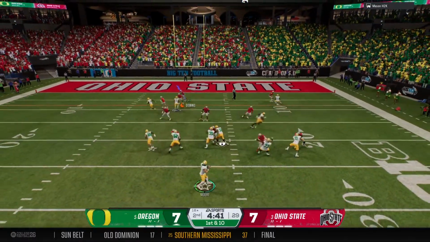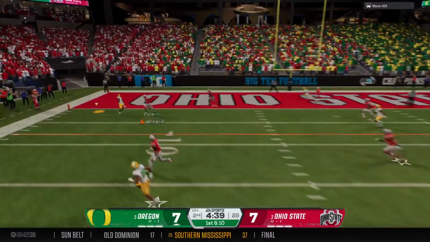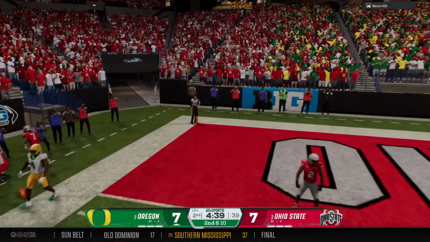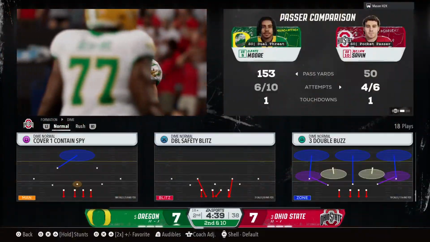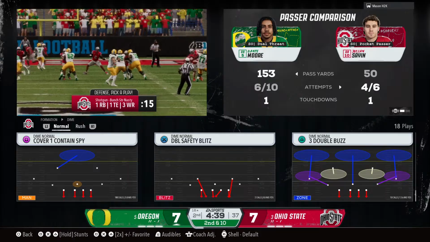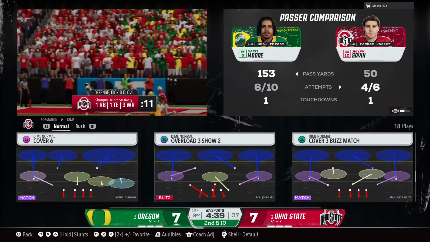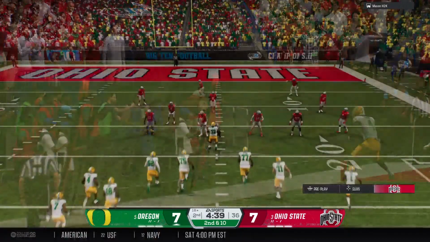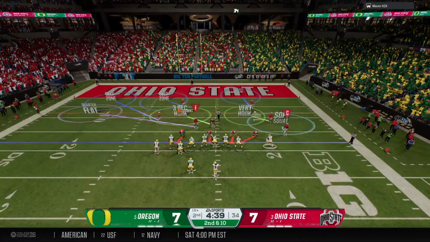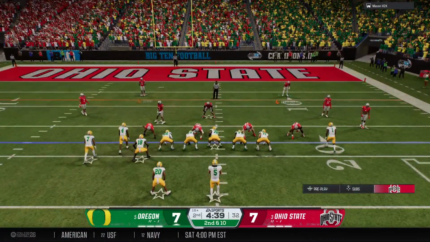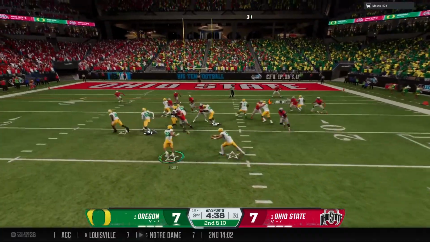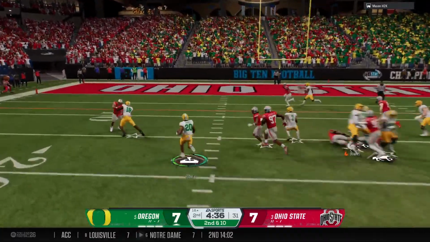From inside the red zone, they're looking to throw. Fires it to the wideout. And it's incomplete, just out of the reach of the receiver. Yeah, I like the quarterback's patience here, and instead of trying to force the issue and squeeze the ball into coverage, he just decides to basically throw it away and live for the next down. Toss play to the running back going left.